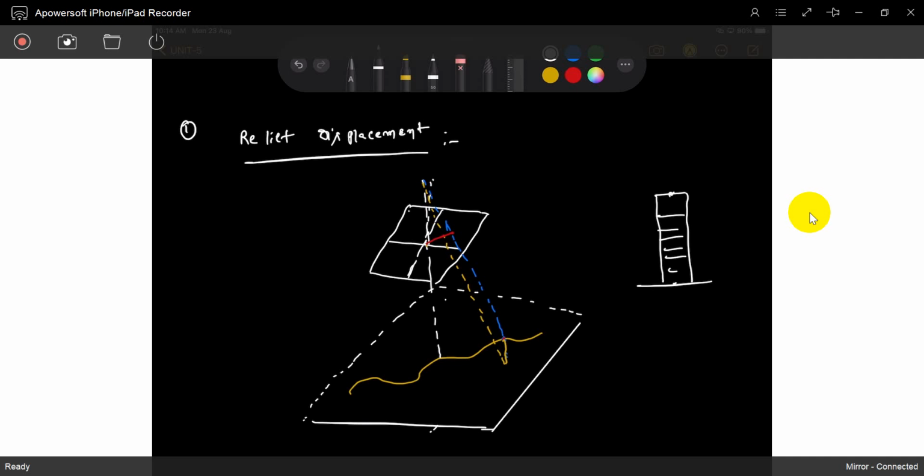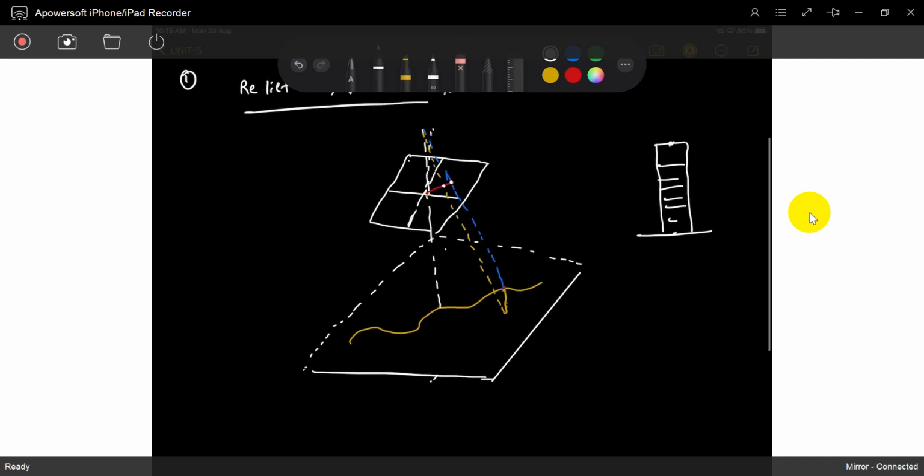But the top point is located here and the bottom point is located here because of the projection. Both have a projection on the photograph, but in reality the top point and bottom point are exactly placed at only one point. But which one is correct? So observe: the displacement of the object on the photograph due to the elevation is called relief displacement.